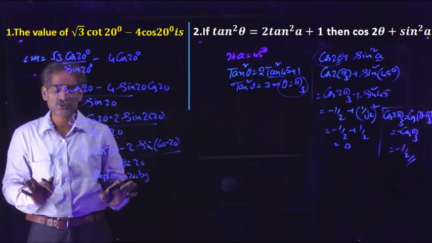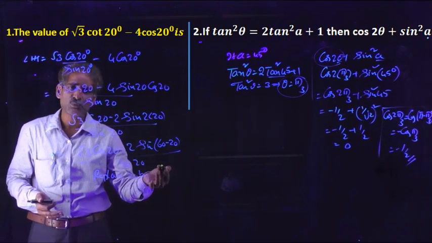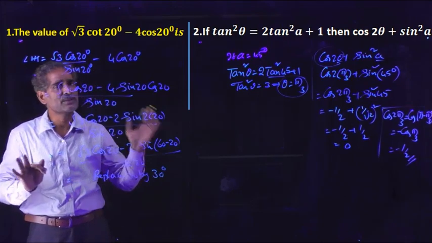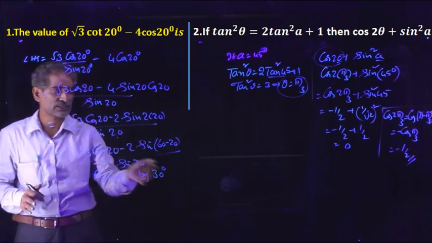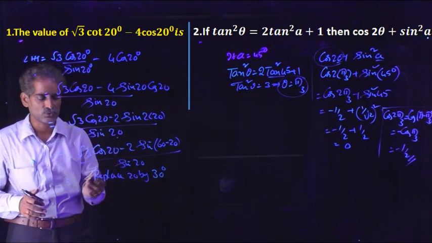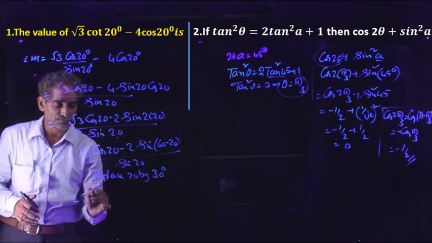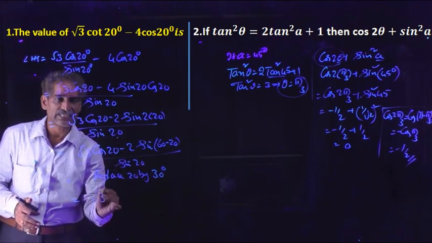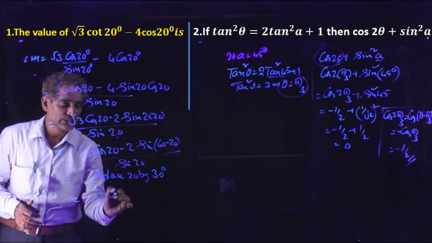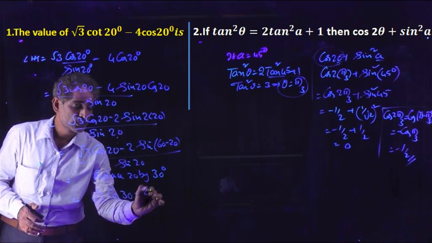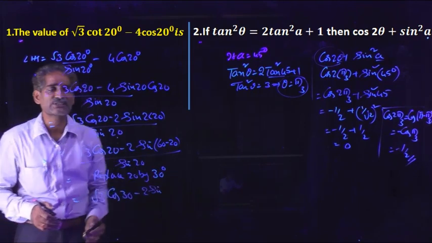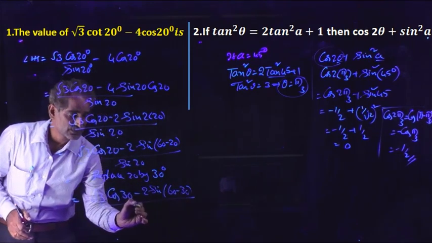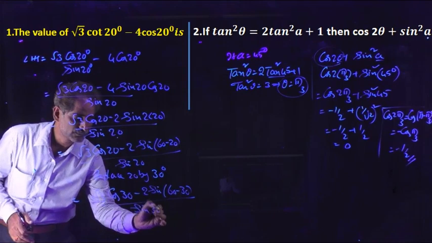Here 0 does not exist. So replace 20 by any small angle. Better to take 30 degrees. You may take 45, 60, whatever be the angle, 90 also you can take. So if you take 90, that is a better one. I think it will be cancelled to 0. So no problem. Substitute 20 equal to 30. Replace 20 by 30. Root 3 into cos 30 minus 2 sine of 60 minus 30, by sine 30.